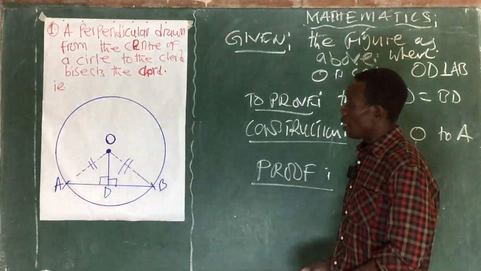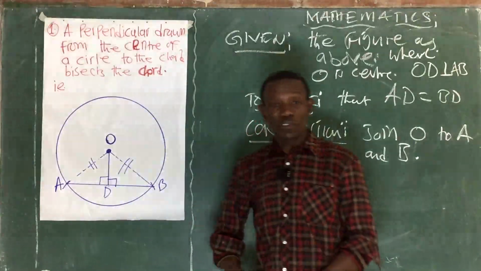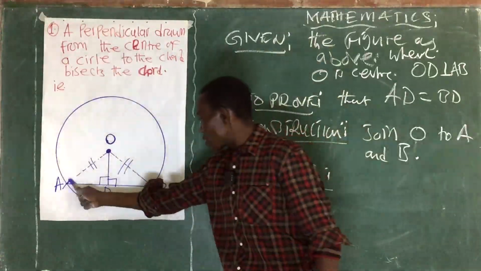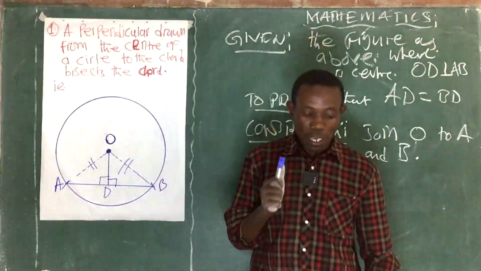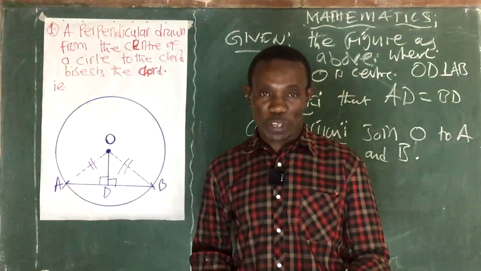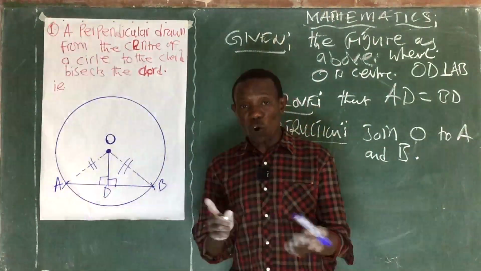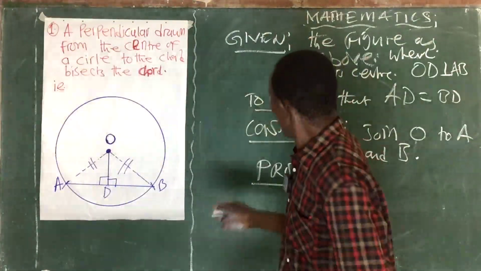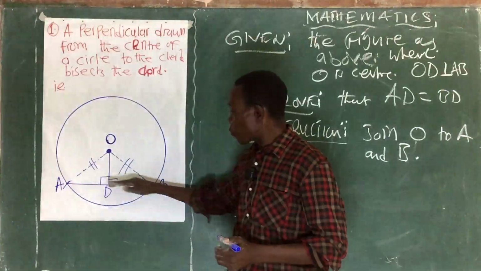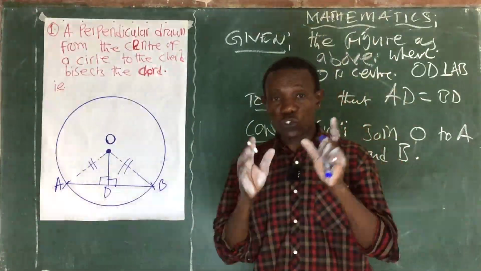What is required here? Make sure that we have constructed O to B and O to A. And we have got 2 triangles here, which are lying side by side with opposite sides. The only way we can show that this side is equal to this side is by the knowledge that we discussed in Form 2. That's about congruency. So what is needed here is to prove that the 2 triangles are congruent. These are the triangles which carry the 2 sides. So they would like us to prove these 2 sides are corresponding to each other and are equal at the end. So you have to remember the tests that are used to show that triangles are